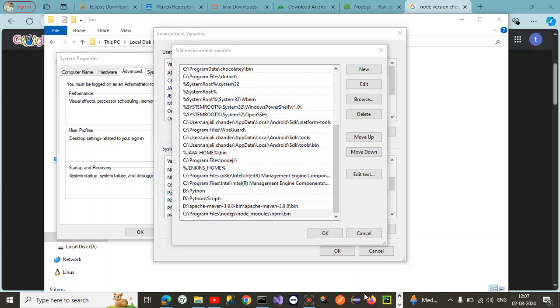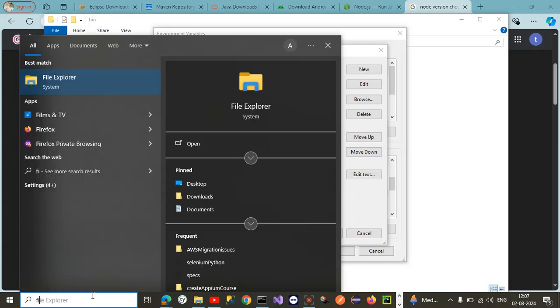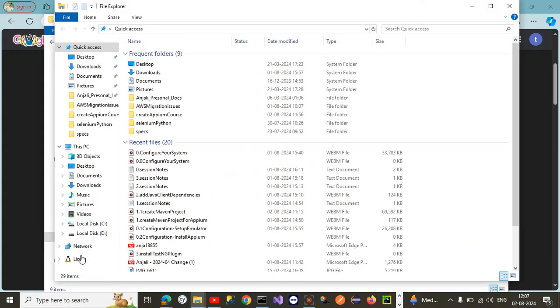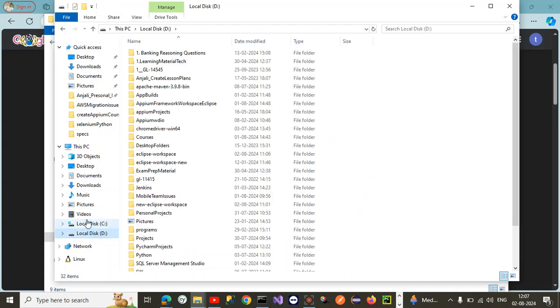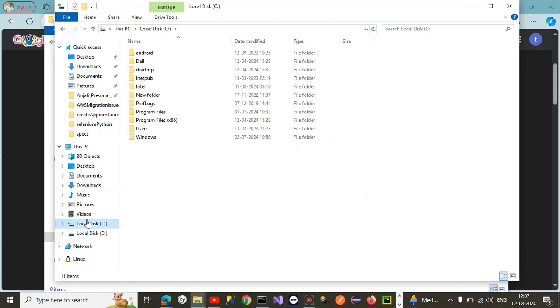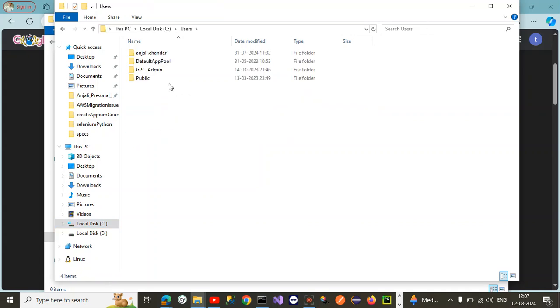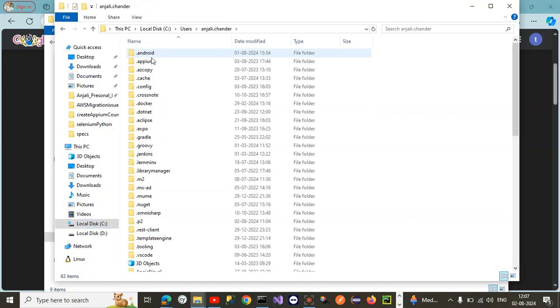The second thing we have is the Android Studio tools path. To find it, you need to go to the File Explorer again. You can simply search File Explorer from here too. Open it, go to the local disk C, then go to users.